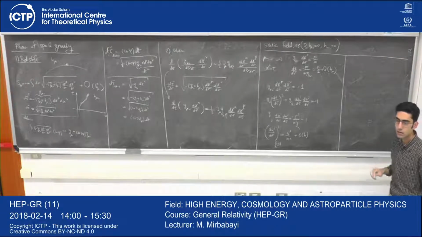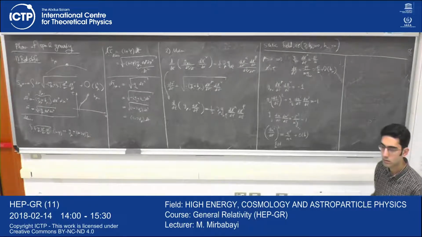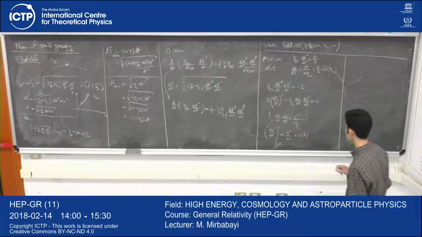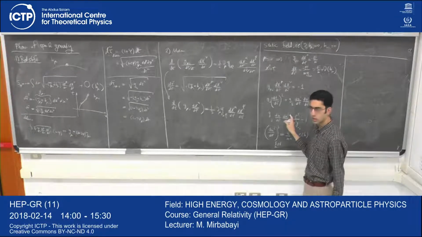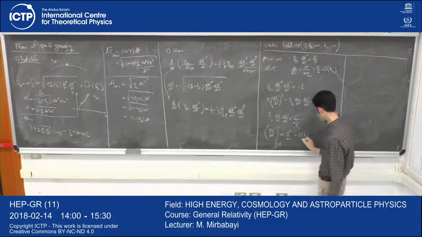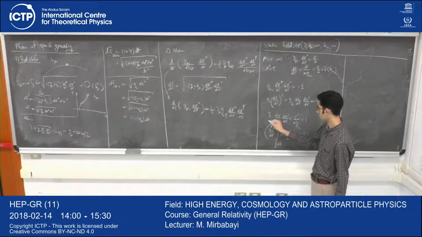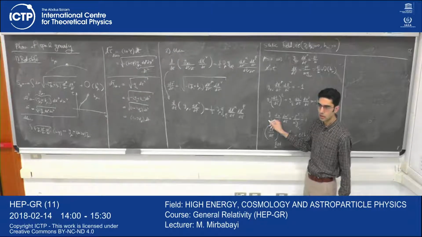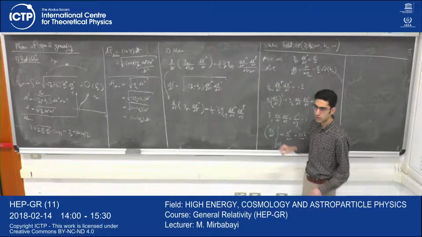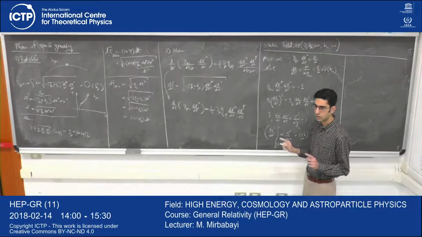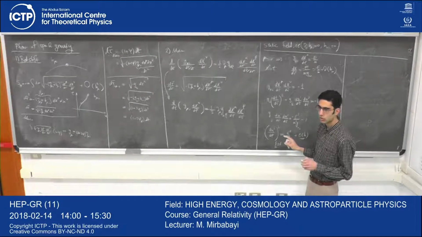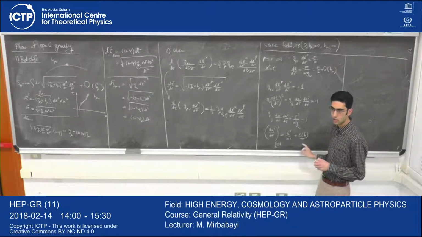Sorry, why are the cross terms cancelled? You mean when i and j are not the same? No, they are not cancelled. They are in here. Because this Gij is just eta ij plus hij, right? Eta ij is diagonal. So what remains is hij times that. They don't cancel. They are there, but